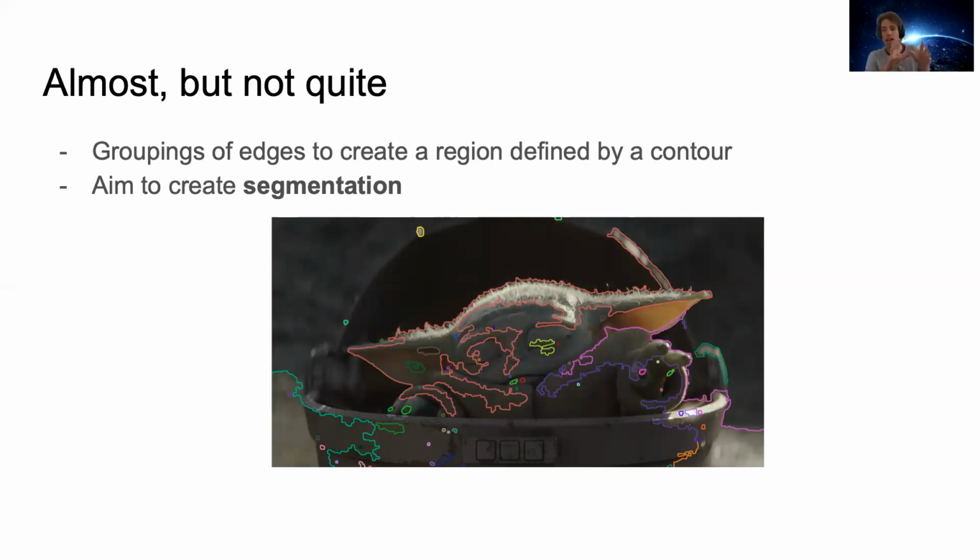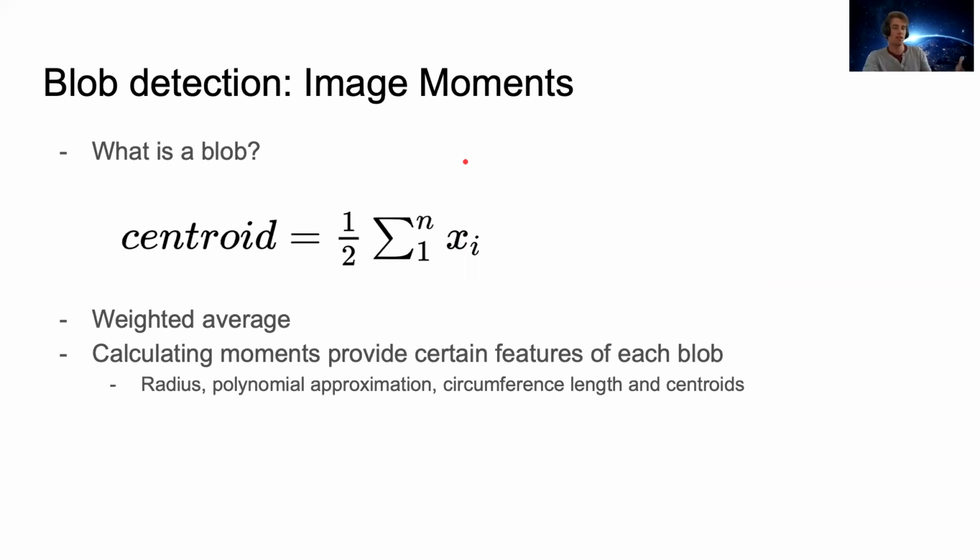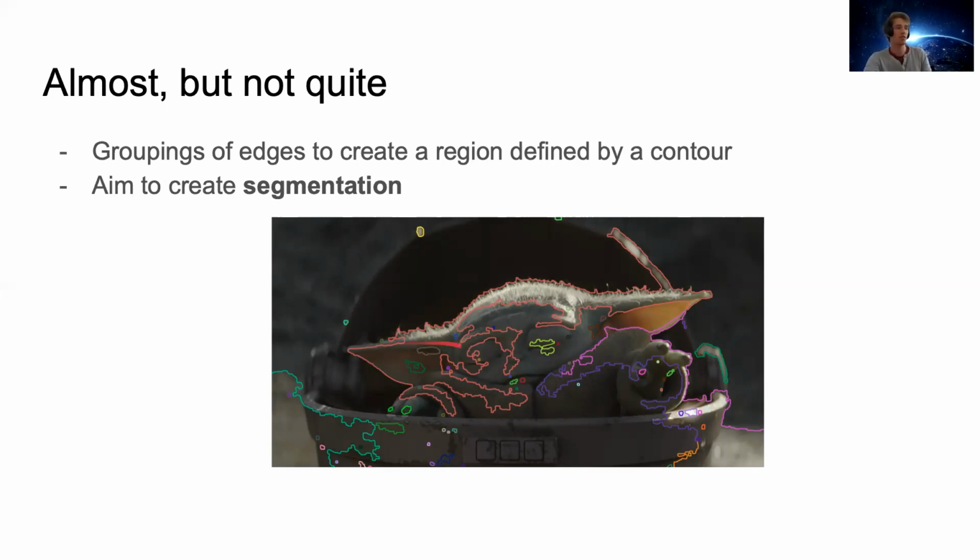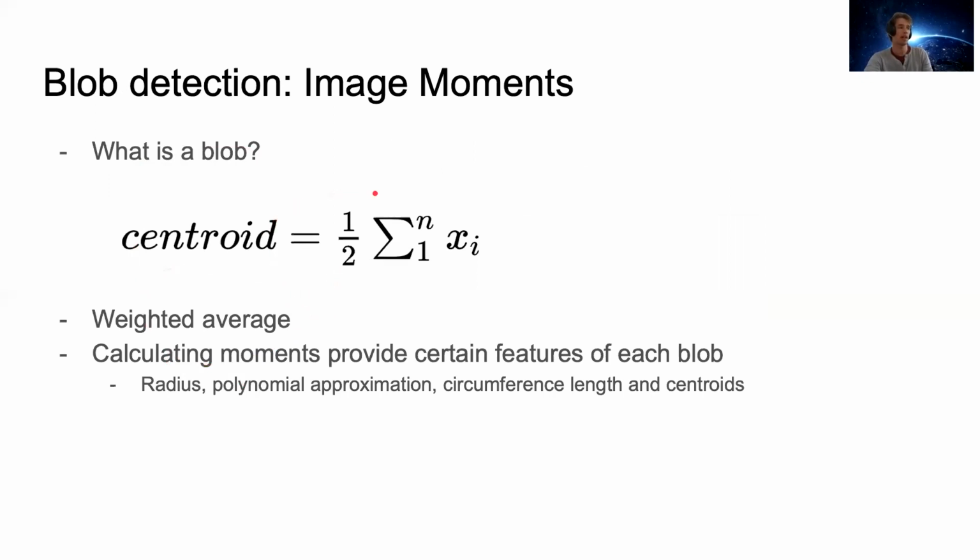So let's look at an actual good mask and see if we can get a central point and a bounding box. Our end result is going to be a blob, and a blob has a centroid. So we take this region and we try and find the center of it, right? The center of this region might be around here or something. And if you have a good mask, the center of your region is going to be the center of your object, right? We kind of take a weighted average of all the points in the image, the XY pixel points, and we can find